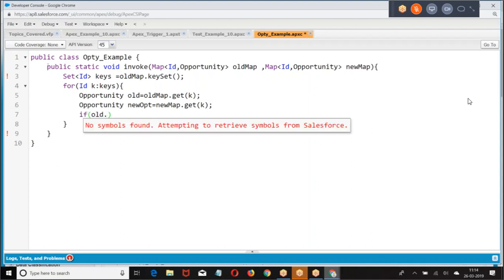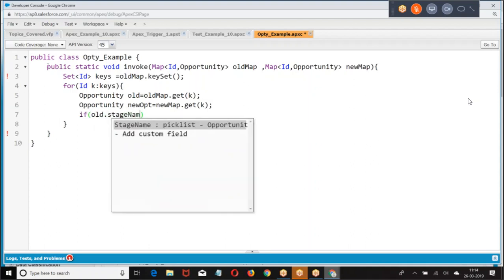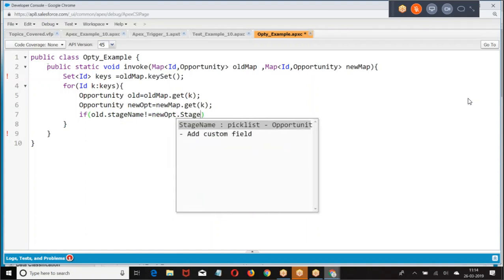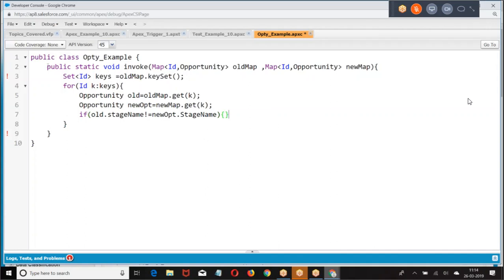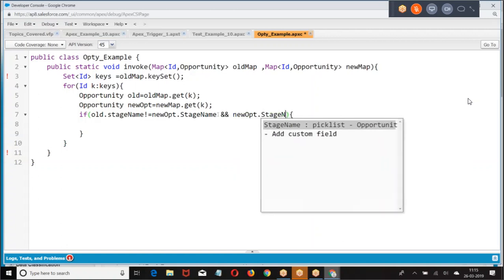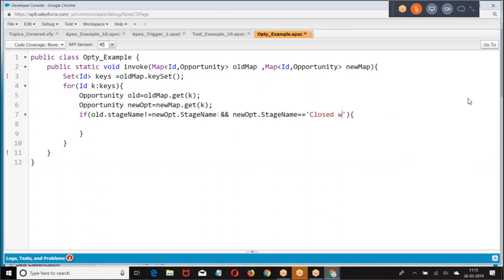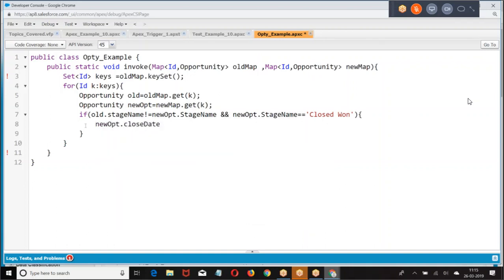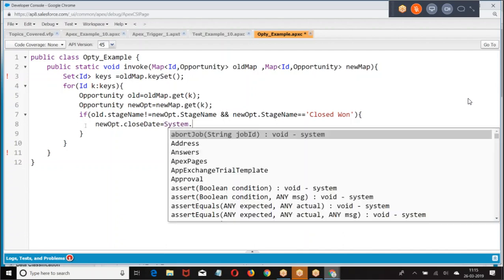If old.StageName is not equal to new opp.StageName, that is, if the old stage name is modified and the new stage name equals the closure value, then set close date equal to System.today.